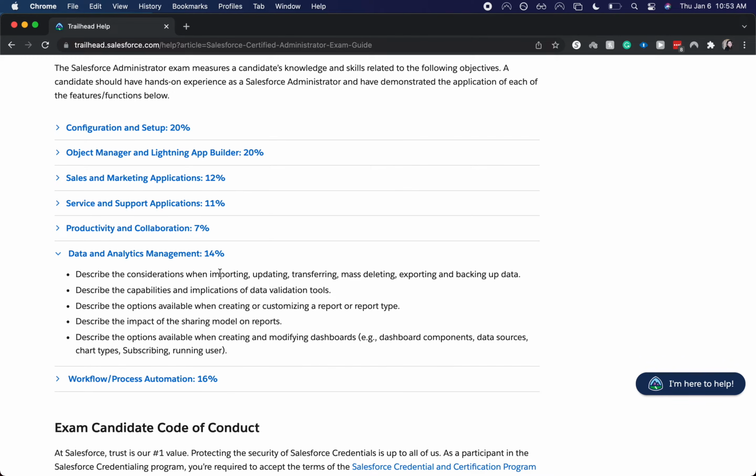Then you're going to talk about validation rules and different data validation tools, the implications of using those, and when you'd want to use those. Then describe the different types of customizing a report or a report type, what bucketing is, the four different types of report formats. Really know the difference between a report format and a report type. So a report type is the different types of data you're bringing in, like contacts, opportunities, cases, smaller custom objects, smaller standard objects. And a report format is going to be